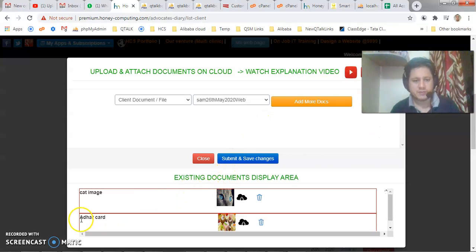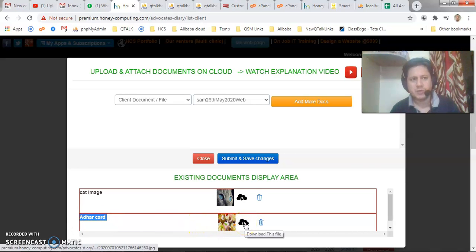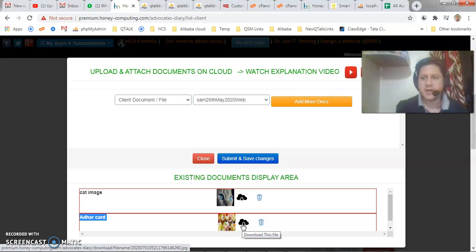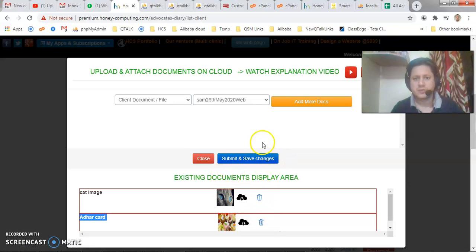So you see, I have just uploaded this document, and you can download it anytime. Once you upload the soft copy, you just have to take a picture or make a soft copy scan and upload it here. That's it. You can delete it anytime, and download it anytime from our cloud server. So even if that hard copy is not with you, as long as your subscription is with us, you can download this document without any hassle and with all the security measures. So no need to worry.